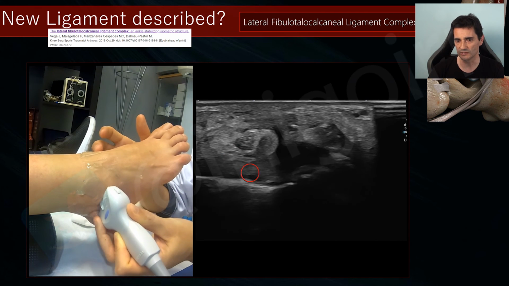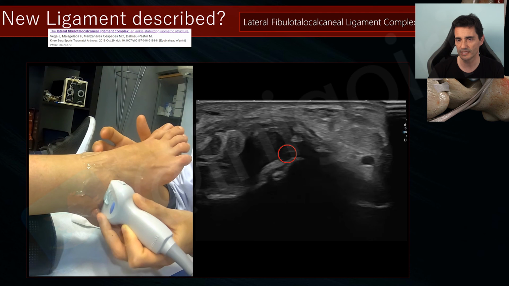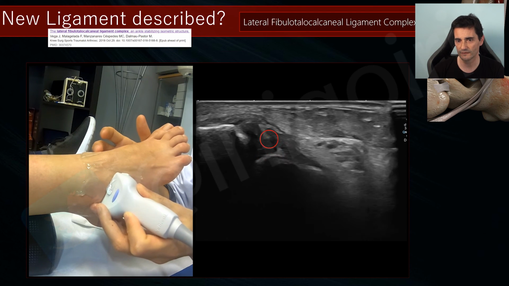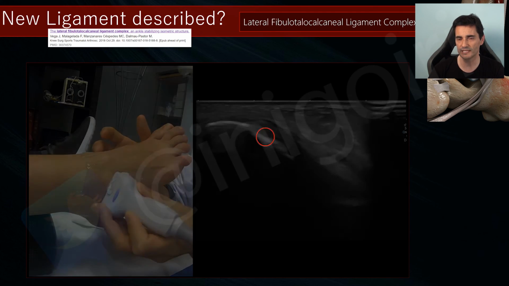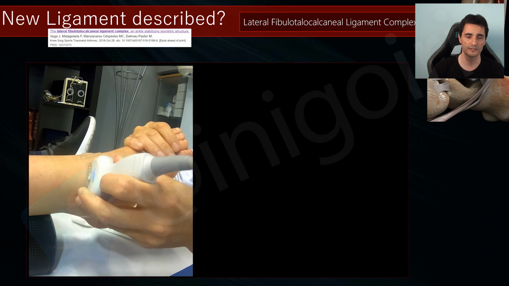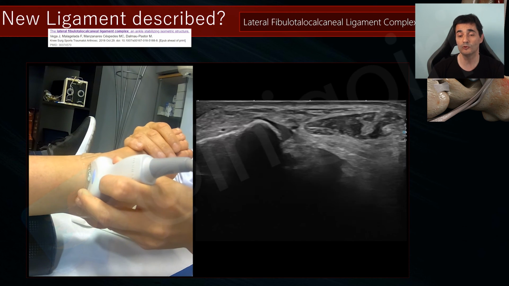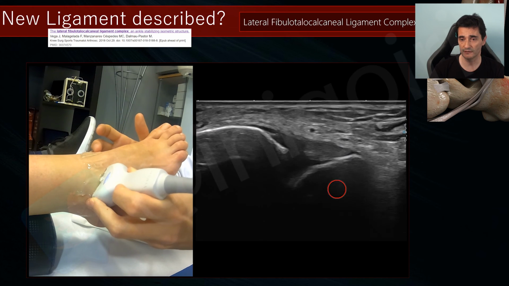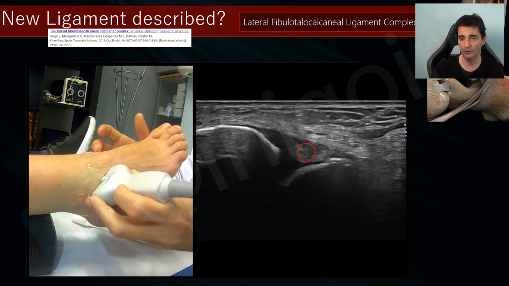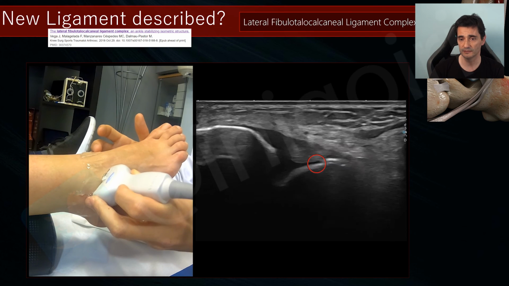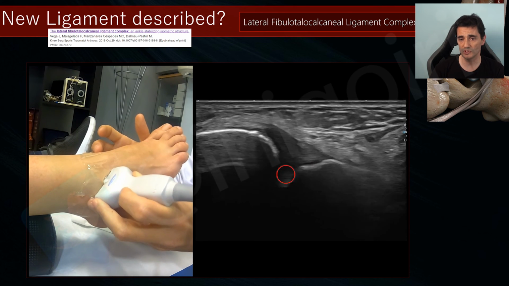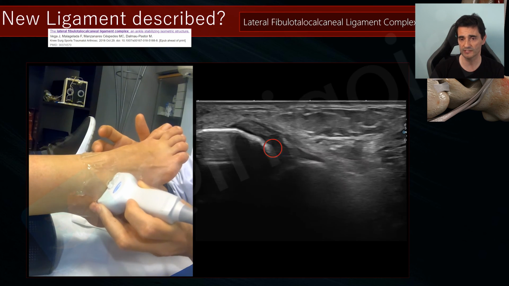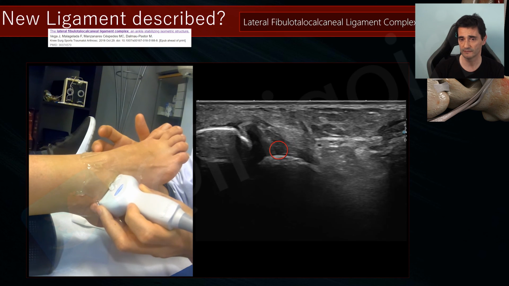So there's a continuity between the calcaneofibular ligament and the inferior component of the talofibular ligament, and sometimes it could be affected. So don't stop here in the superior fascicle, always continue distal, because you will sometimes miss injuries in this area. Okay,